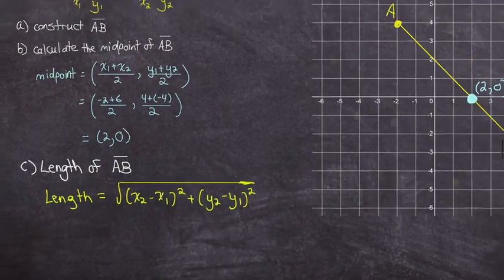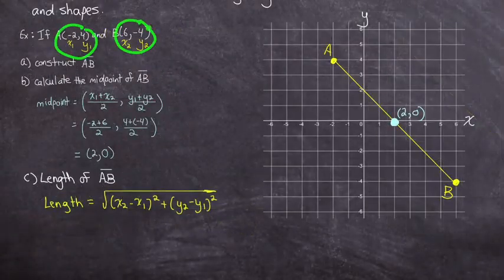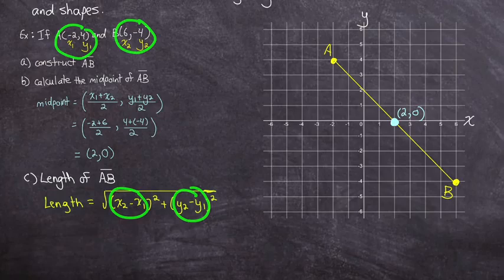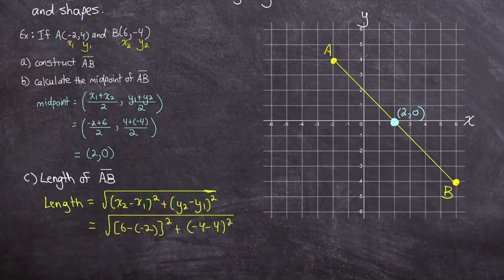So using this formula, I have to take these coordinates and sub them in for the proper variables. And then simplifying underneath the square root, that simplifies to 8, and that simplifies to -8, and when squaring them, they're both 64. Adding them together is 128, so I have the length of the line is the square root of 128. And that can be simplified. It can be broken up into root 64 root 2, which is just 8 root 2,